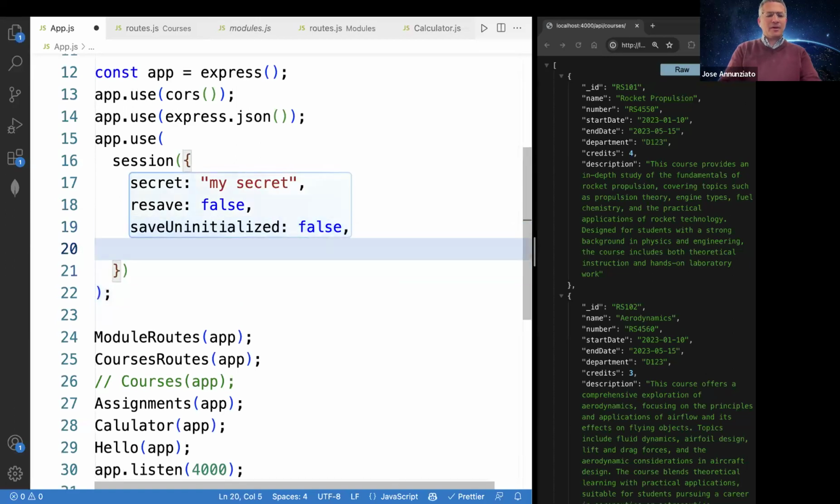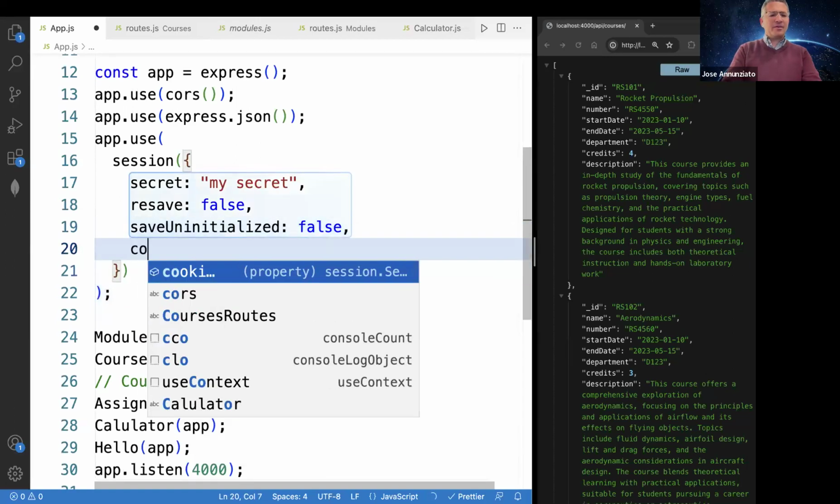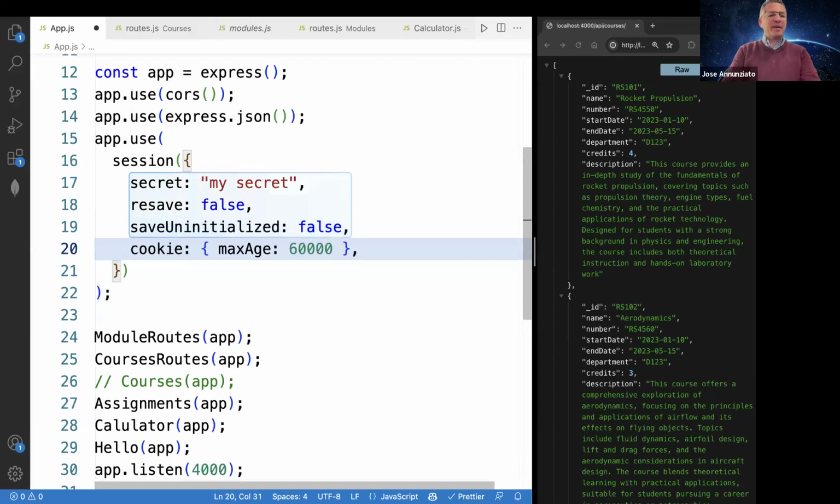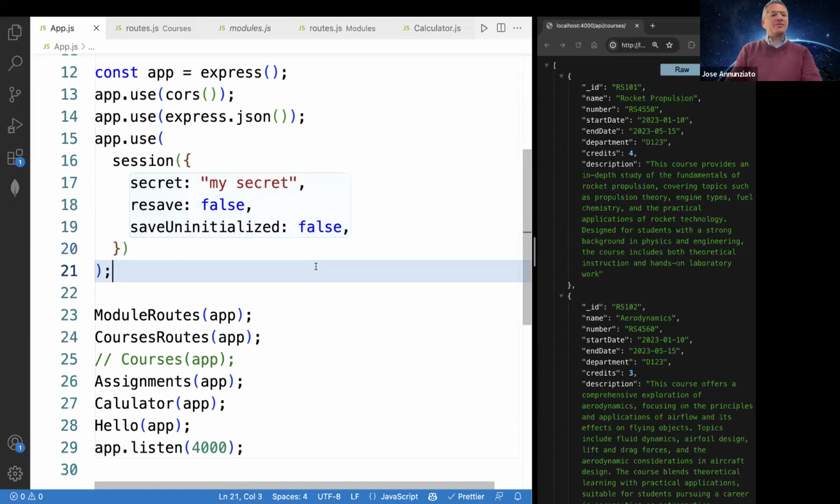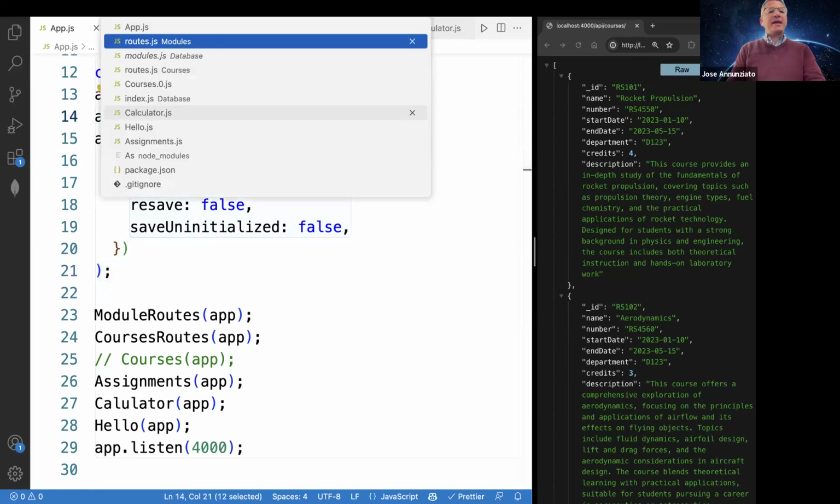There's another one. What was it? Cookie. You can put the max age, how long it can live. But let's leave it like that. Okay, so that configures the session object, right? So now, just like Express.json added for us